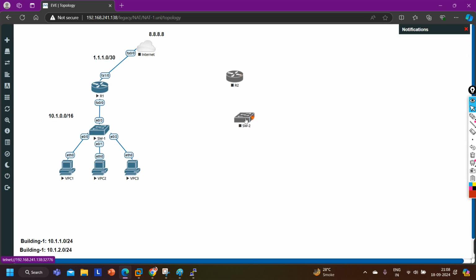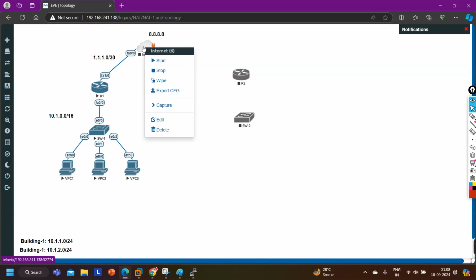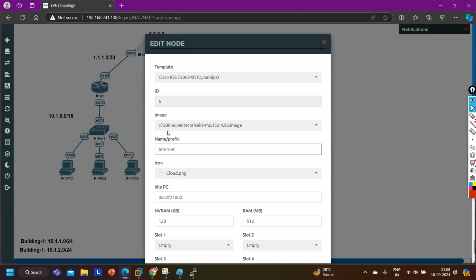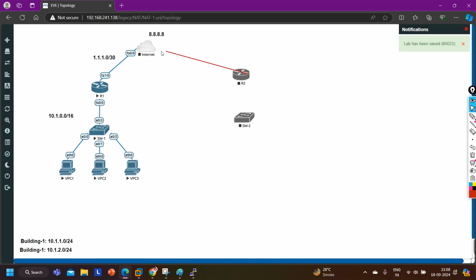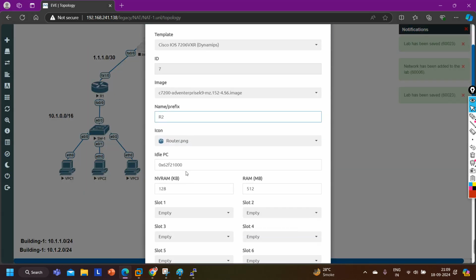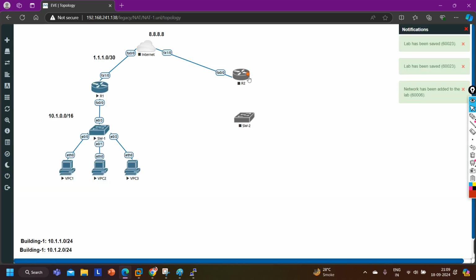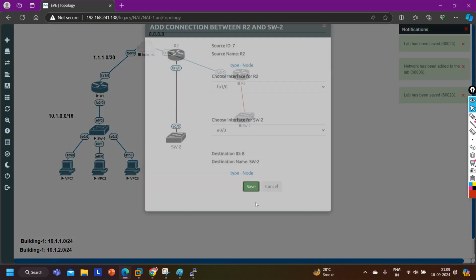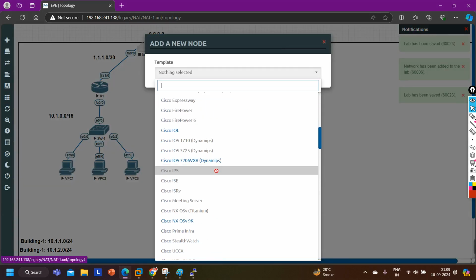And let's say this is another company, or you guys at your home with the internet connectivity. Done. And I need one PC as well. Here let's say I have one server.